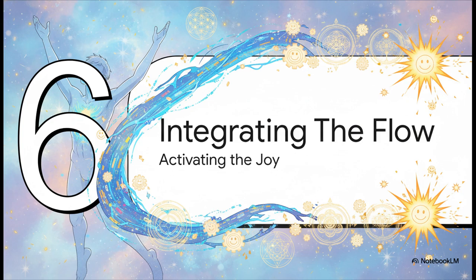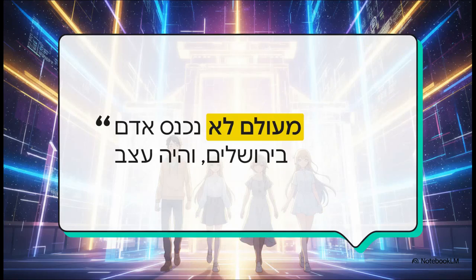Bringing us to Section 6, integrating the divine flow and activating the joy. There is an absolutely incredible quote from the Midrash that says, "No one ever entered Jerusalem and remained sad." Now, this isn't just a sweet emotional statement, it's a technical one based on everything we've just learned. When you enter the final output zone, Jerusalem, you are walking directly into a high-bandwidth stream of pure rendered joy. The architecture of the space is literally built from refracted cosmic light. It ensures that anyone engaging with its output is instantly cured of sadness.